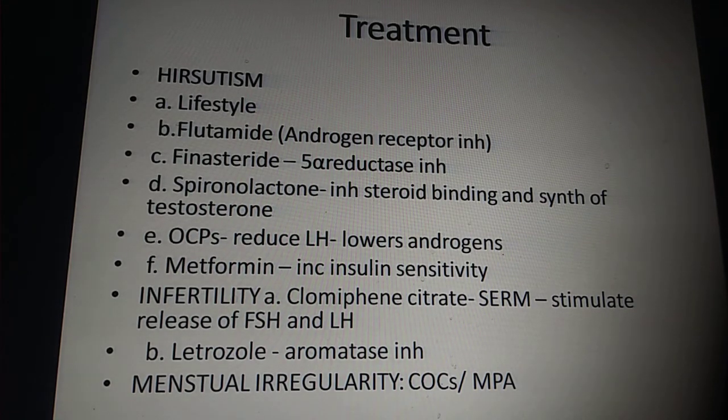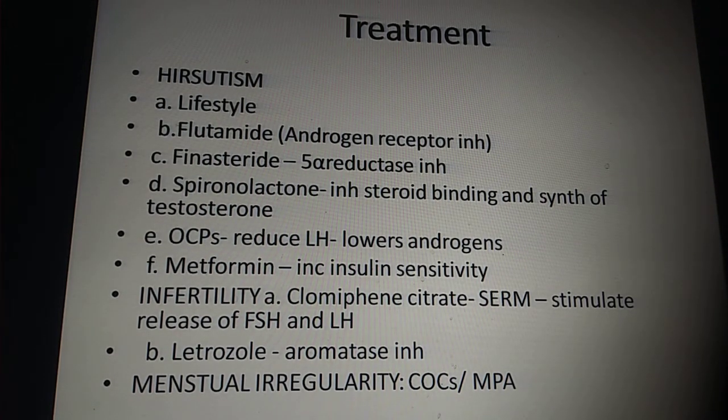And now she's coming to you for menstrual irregularity. Then ovulation is the problem. That is why the menstrual irregularity is occurring. So, do you want to induce ovulation for somebody who is coming with menstrual irregularity? You really don't want to induce ovulation. What you want is for her endometrium to have the benefits of both estrogen and progesterone. That can be done by giving cyclical combined OCPs or cyclical medroxyprogesterone acetate, which is the most common progesterone that we use in our OPD. For most of the menstrual problems, we use MPA or medroxyprogesterone acetate.